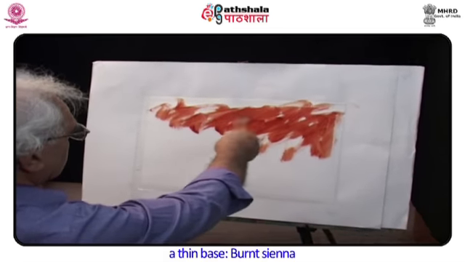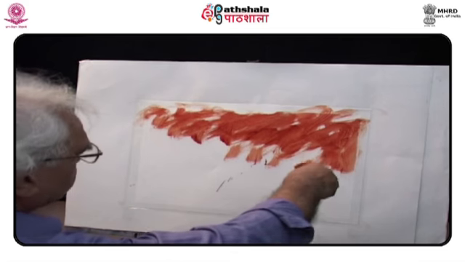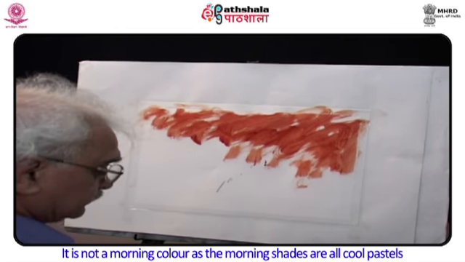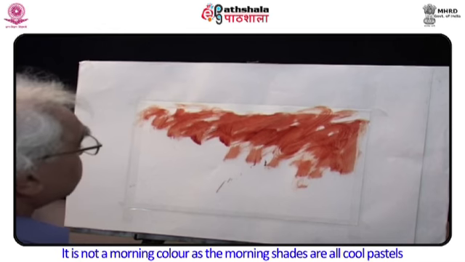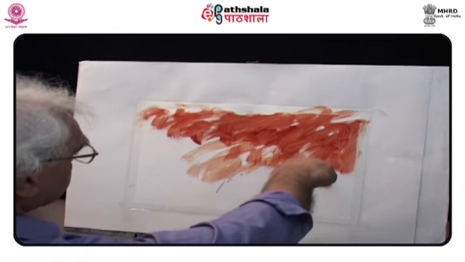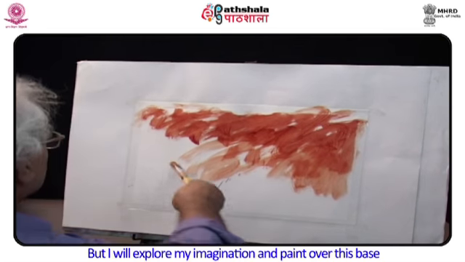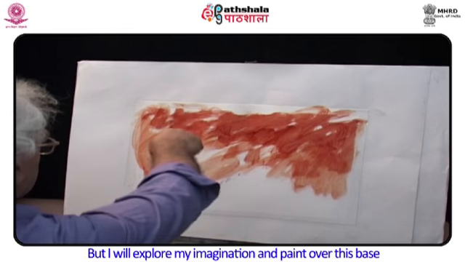A thin base, burnt sienna. It is not a morning color, as the morning shades are all cool pastels. But I will explore my imagination and paint over this base.